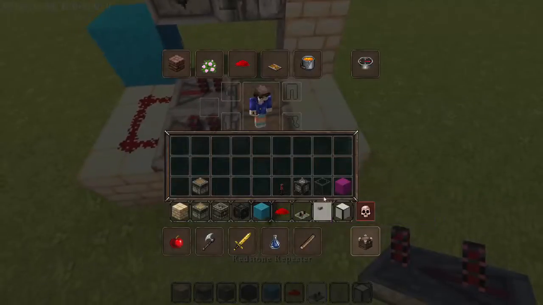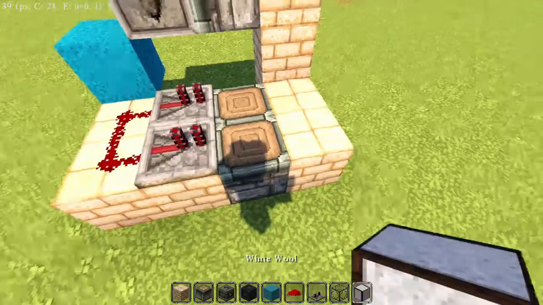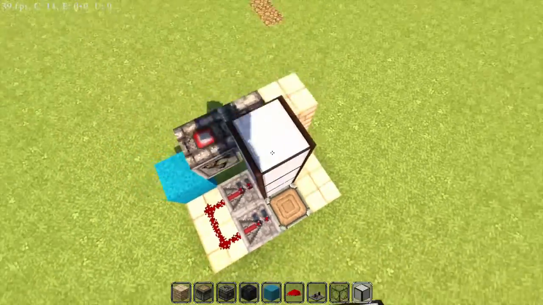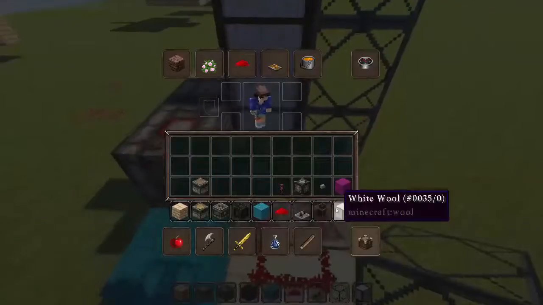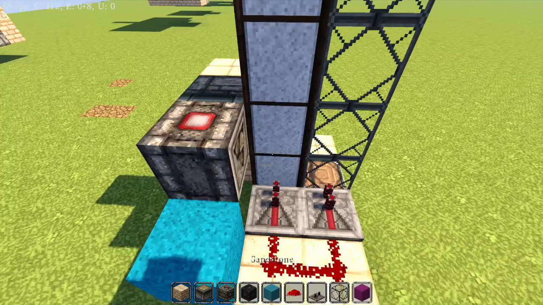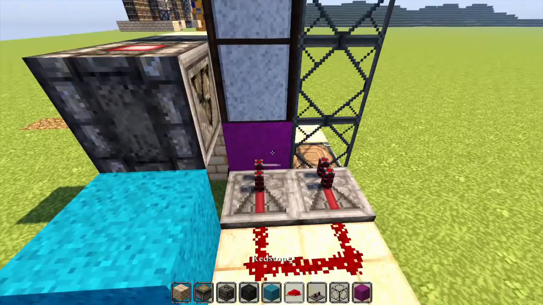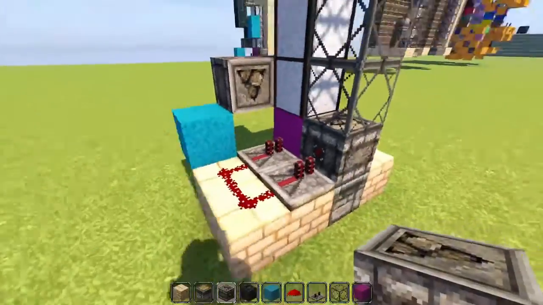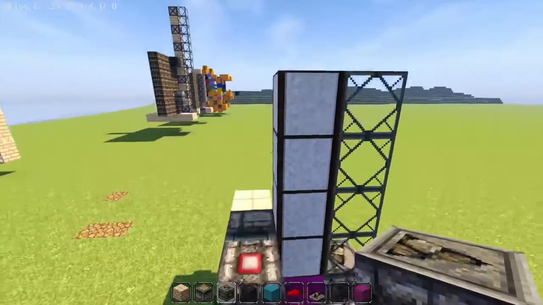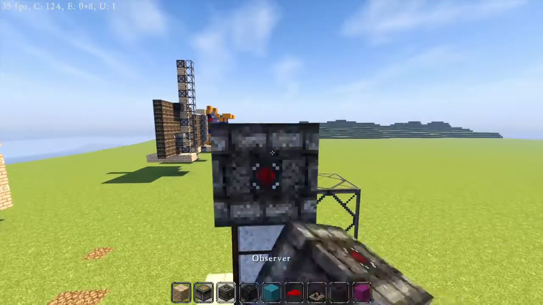So once you've gotten that, go ahead and take your wool and 5 up and 5 up from there. Then you're going to take your different colored wool, put it at the bottom, take an observer, and put that at the bottom. Make sure the light is facing the repeater. Then what you're going to do is up here at the top, you're going to put an observer pointing at